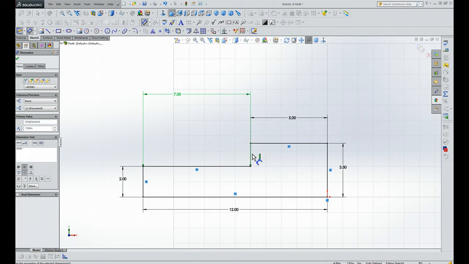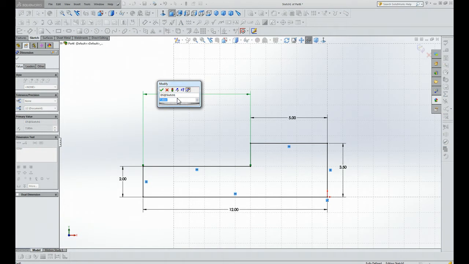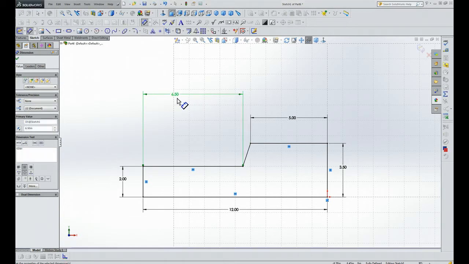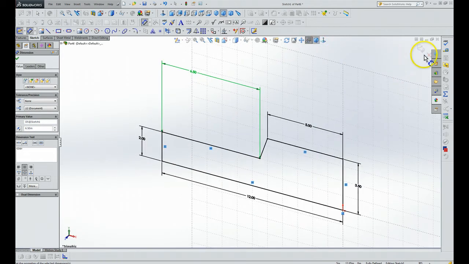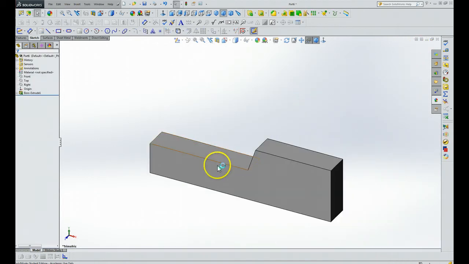But we want that to be angled somewhat. So let's double click on this and let's make this 6.5. Okay, we do that and that gives us an angle here. All right, I'm going to pause here and regroup a second. Okay, now let's take a look at this from that. Well, first off, let's exit the sketch, and now you see this is the way the three-dimensional part has been changed to,